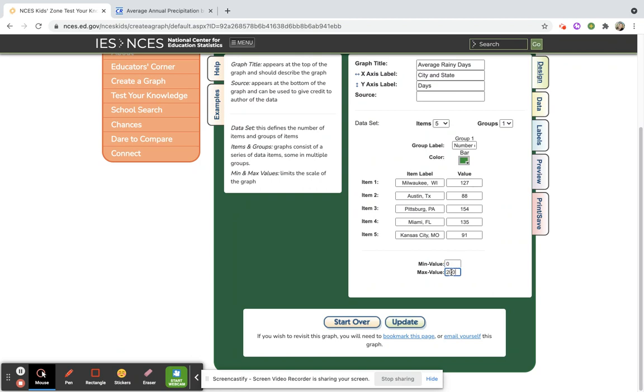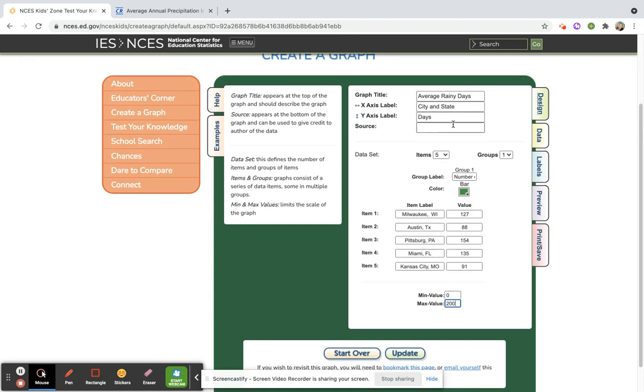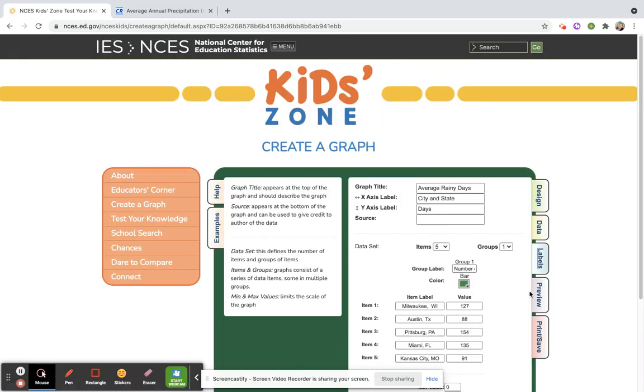Now, it could be different for you. If you looked at all of your data and it didn't go over 150, you could put to 150. You just got to look at the data and go from there and see what the value of the measurement is. Now, after I've got all this in, I'm going to hit update. Okay, and then I can go and I can hit